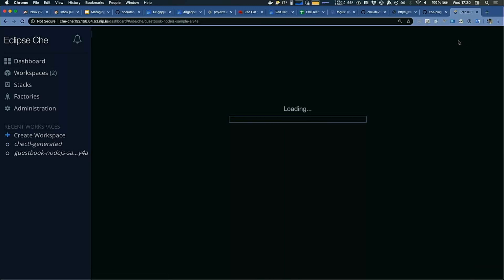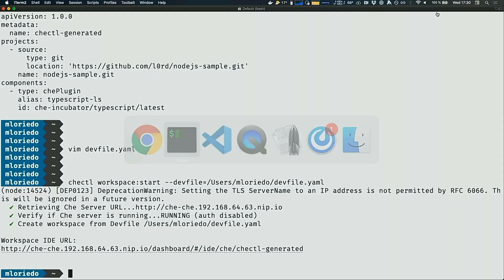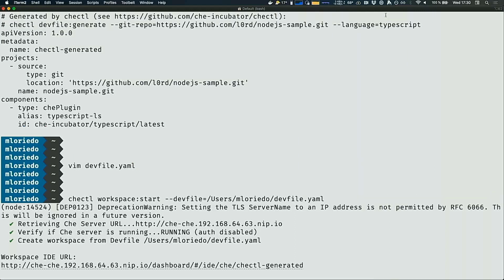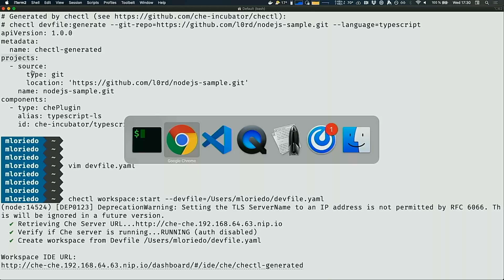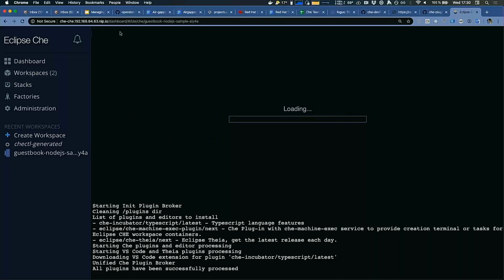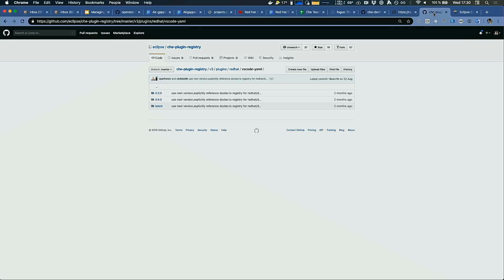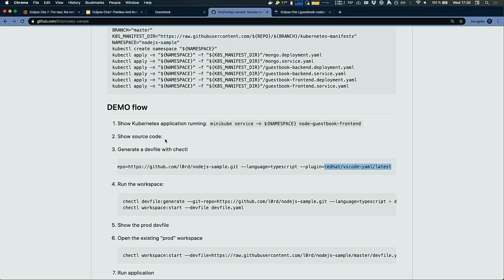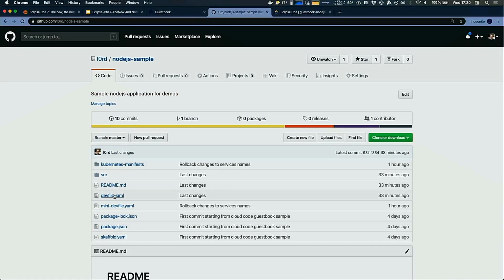The other thing this full YAML has, and we haven't defined it in the small one because we only had the components and projects sections, is the commands section that has been added in the full one, that you can see in that file here.